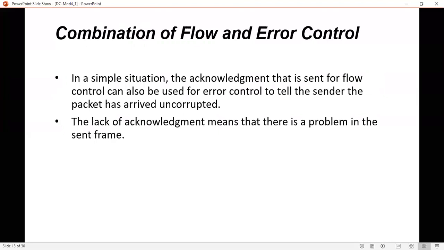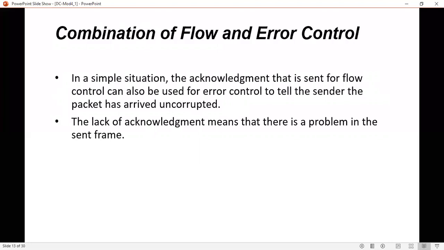Next is the combination of flow and error control. In some situations, the acknowledgement that we use for flow control can also be used for error control as well, that is, to tell the sender the packet has arrived uncorrupted.